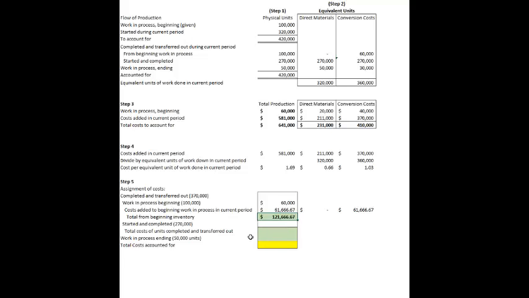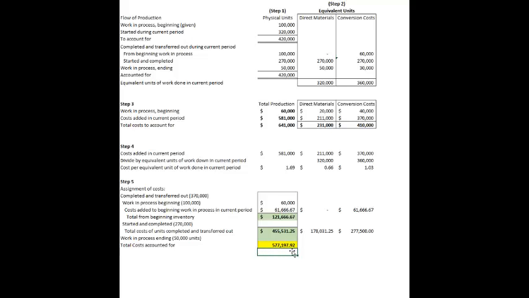Okay, and now we also completed these 270,000 units. It started and completed these 270,000 units in the month of February. So that means relative to material costs, we have the 270 times the 66 cents per unit, per pound. That's my total costs. And for the conversion costs, it's 270 times $1.03. So the total cost of the units completed and transferred out is $455,531. Now, if I just add up all of these, the beginning work in process and the units completed and transferred out,